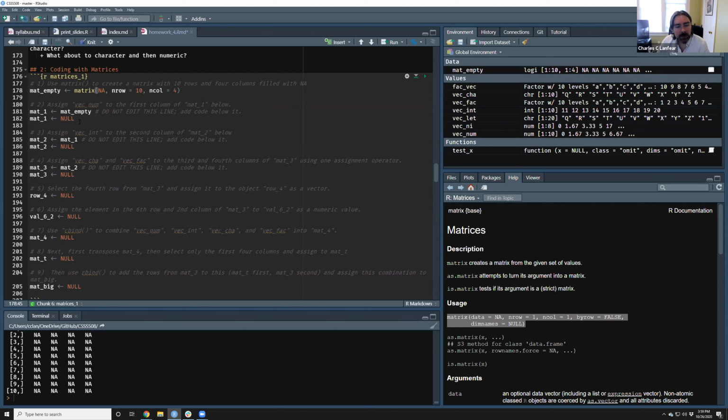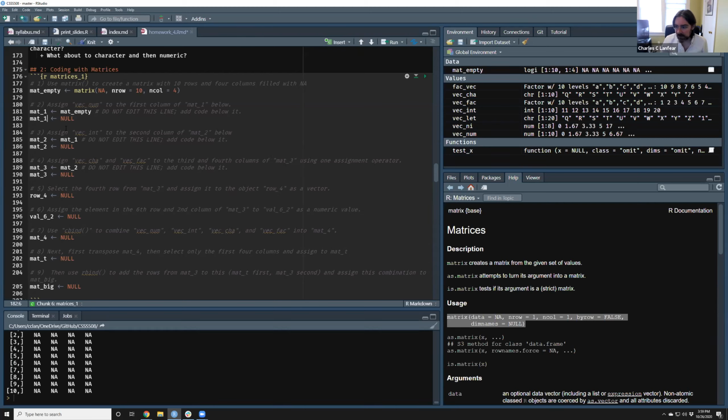Assign vec_num to the first column of mat1 below. So if I want to take mat1 here and assign vec_num to its first column, how do I go about doing that? And note for these ones, you're going to have to modify stuff not just on the right side of the assignment operator, but also stuff on the left side of the assignment operator. Yeah, there we go in chat. I like the look of that.